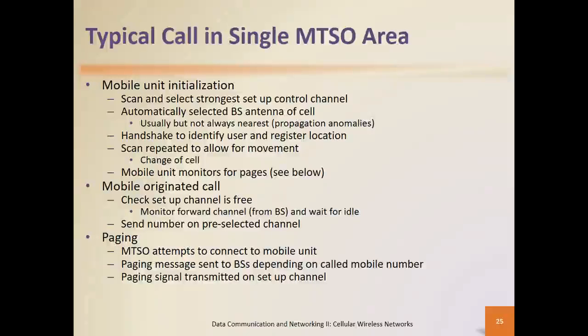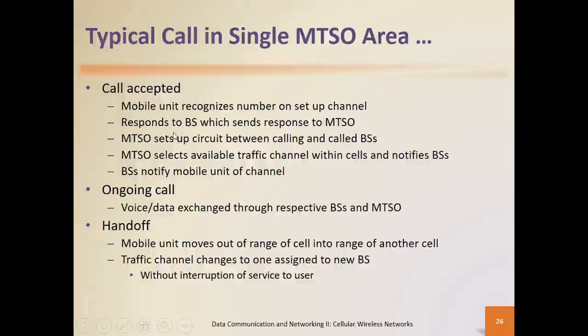The other ones are call accepting, where we accept the calls, where mobile units actually recognize numbers on the setup channel, respond to base stations, which send the response to the MTSO, and the MTSO will set up the circuit between the calling and the called base station. And then the MTSO will also select an available traffic channel within the cell and notify the base station. So at least that notification can go to a mobile unit for that channel request to establish that call transmission,